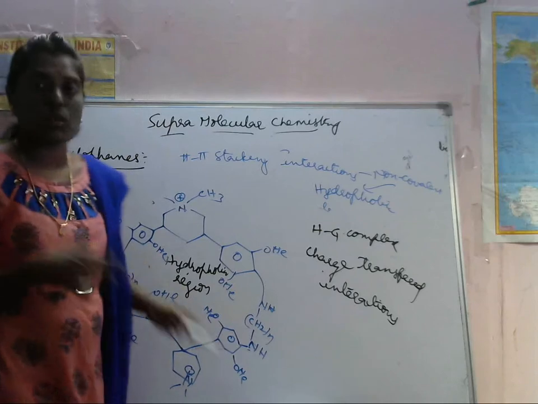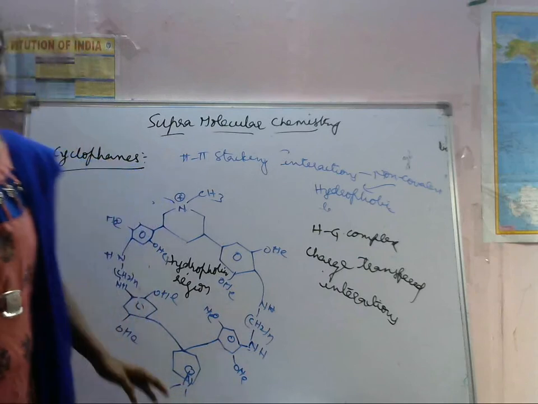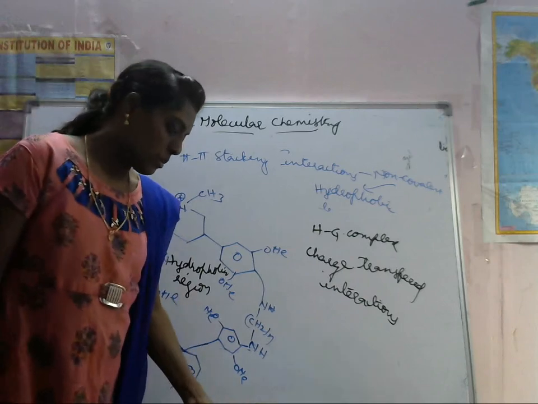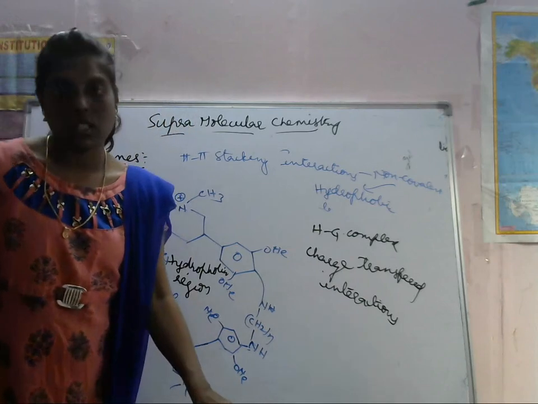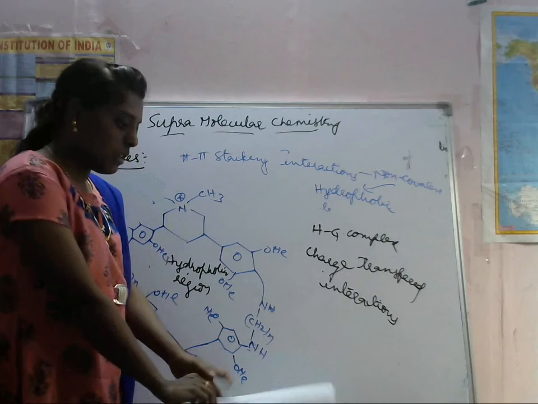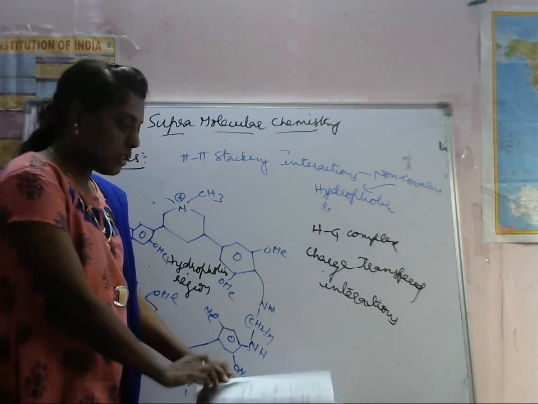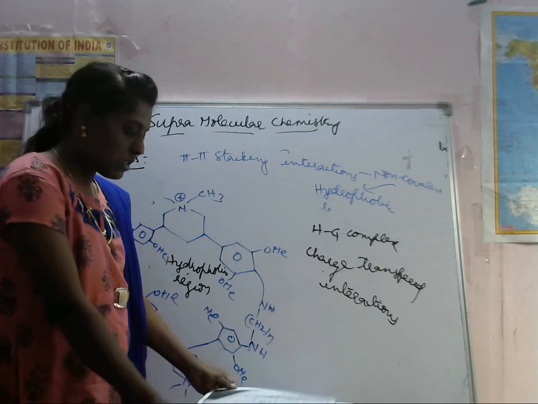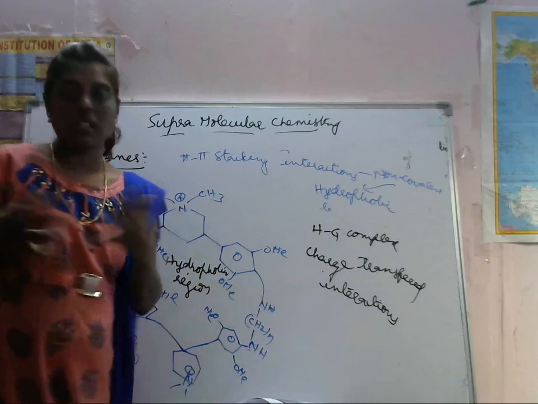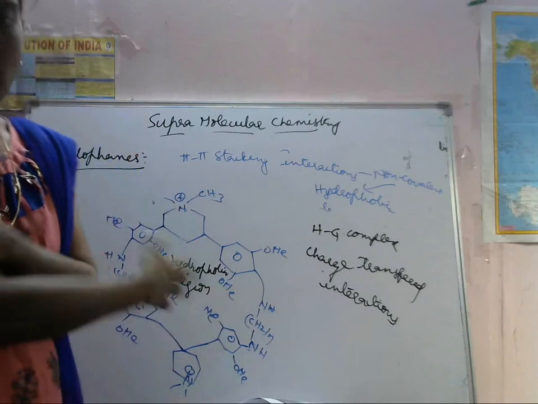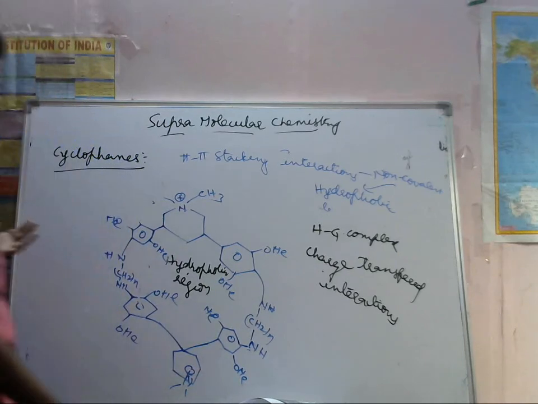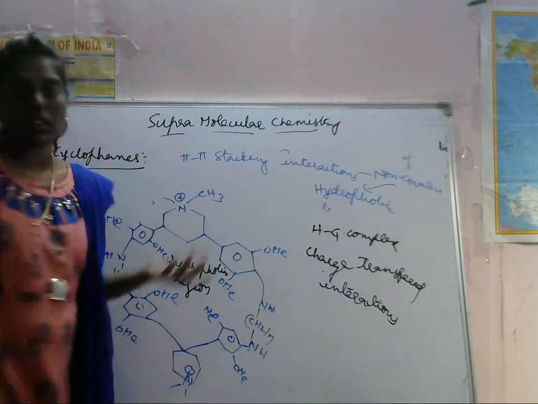In the next class I will explain another topic. Along with cyclophanes, there are rotaxanes, molecular knots, applications of catenanes, polygons, and self-assembly. These are all structures having non-covalent interactions only. In the next class I will explain the next topic.